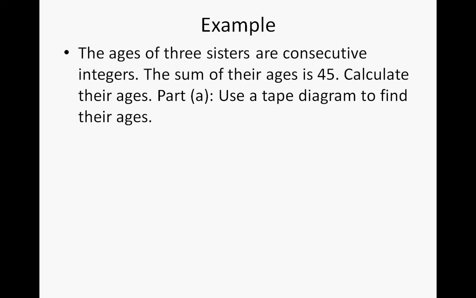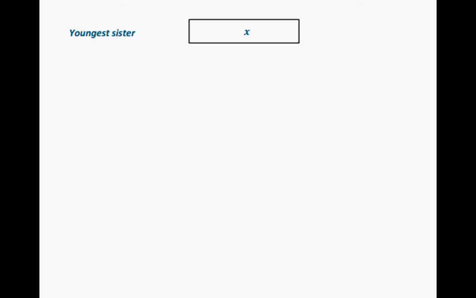All right, so let's take a look at the example. The ages of 3 sisters are consecutive integers. The sum of their ages is 45. So calculate their ages, and in part A, we're going to use a tape diagram to find their ages. So if we